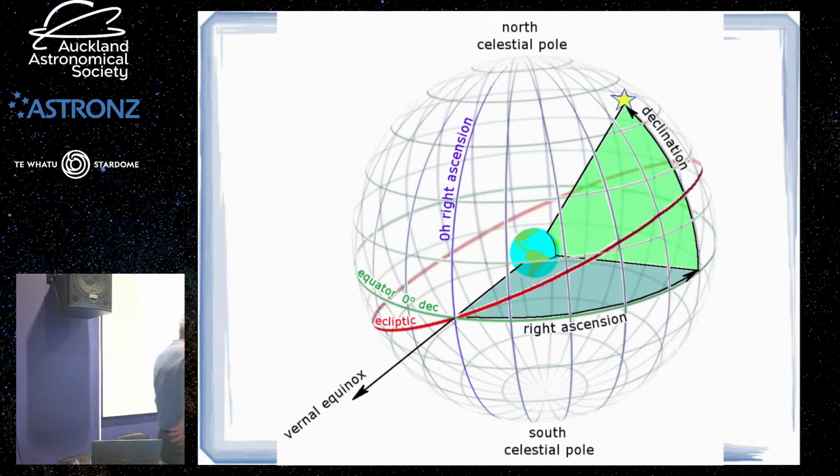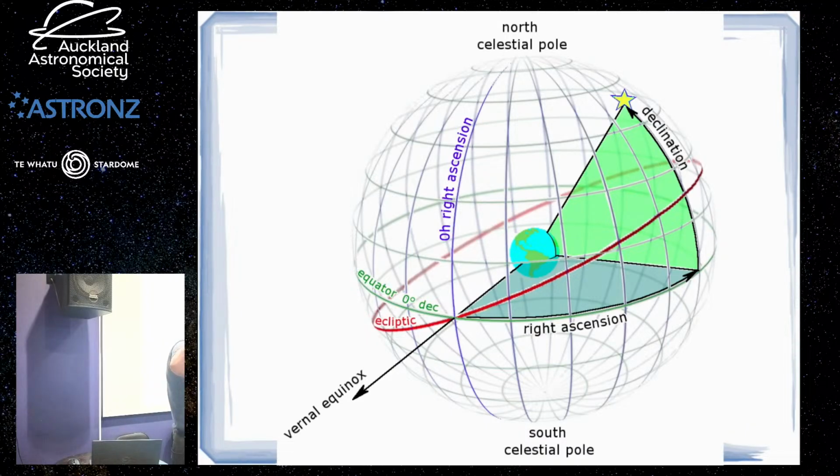Thanks. Okay, so you can see there's a whole lot of lines marked on this sphere, and probably the important one we'll start with is the green one, which is the equator. And this is the same as the equator on the Earth, so it's basically the point on the Earth that's furthest from the poles. So when the Earth is spinning around, the equator's in the middle,